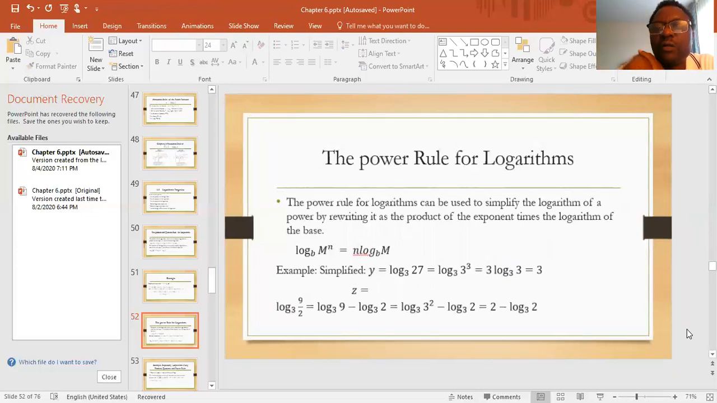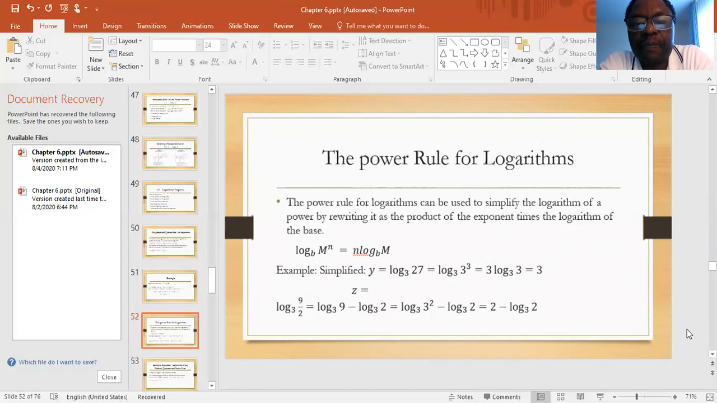So the power rule of a logarithm can be used to simplify the logarithm of a power by rewriting it as a product of the exponent times the logarithm of the base. Actually, the power rule of the logarithm is just the same as the product rule. For example, if we have logarithm of m raised to power n in base b, we can as well say it's logarithm of m multiplied by itself n times. So the logarithm is going to transform that multiplication into a sum,